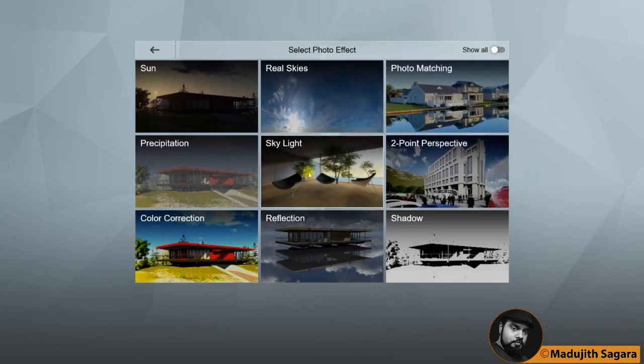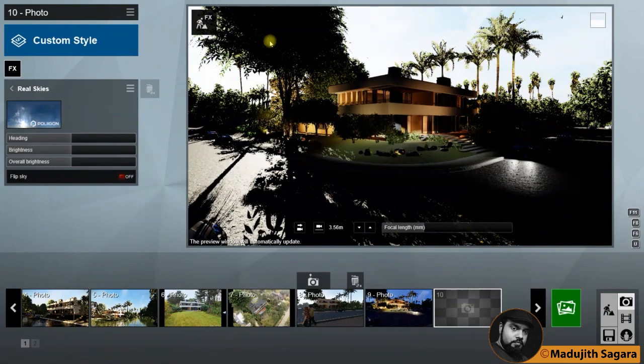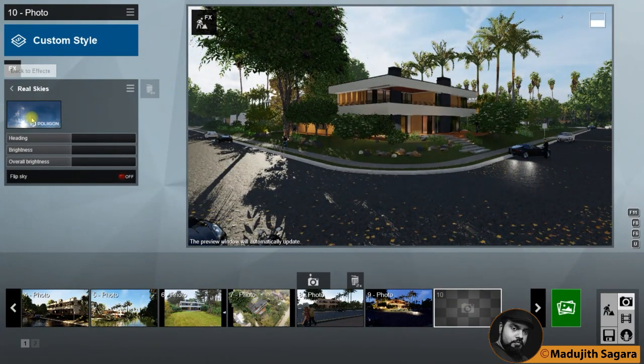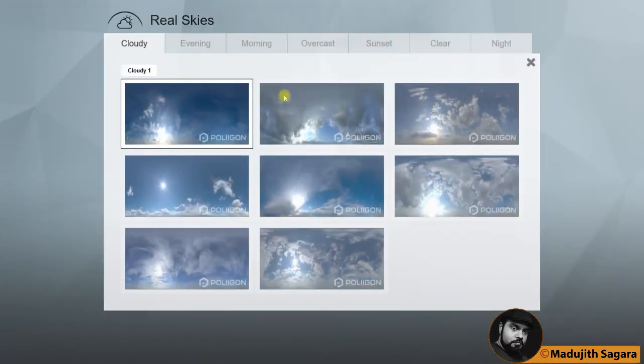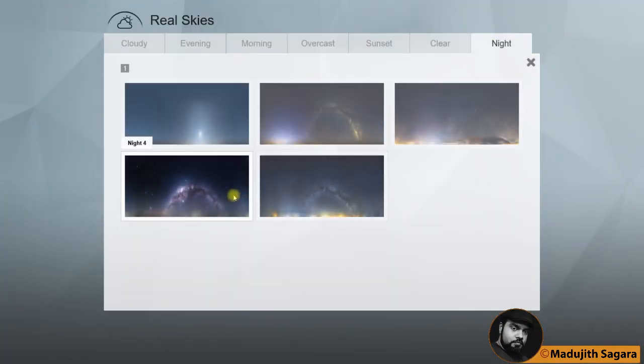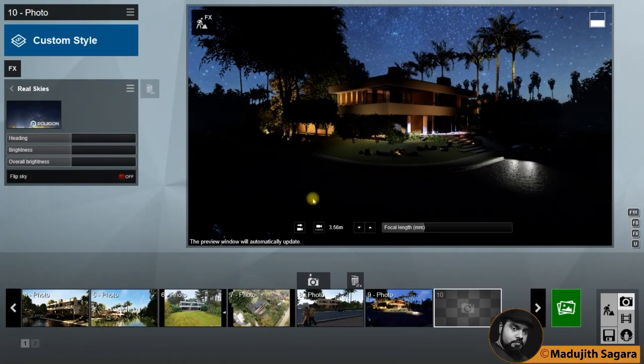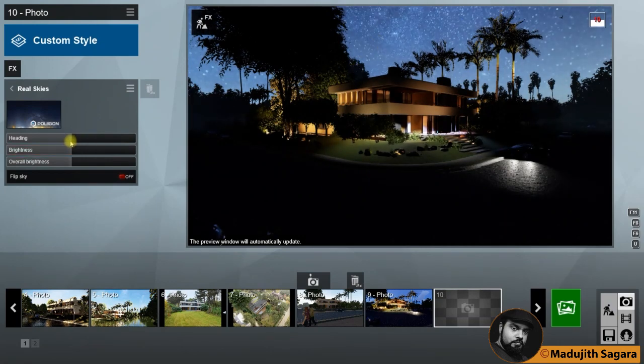Then I will make this some real skies. Then I will have a night sky. This one. And this is pretty amazing.